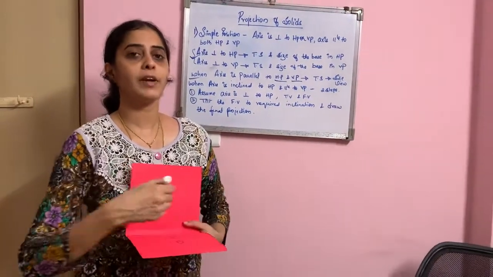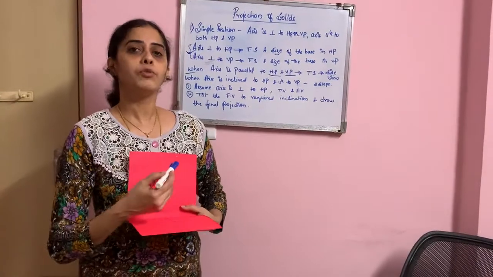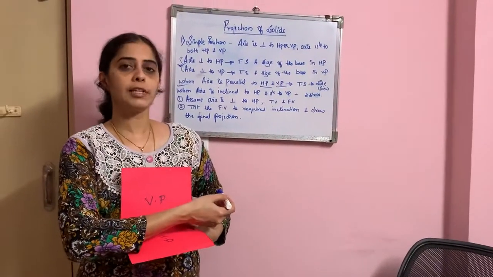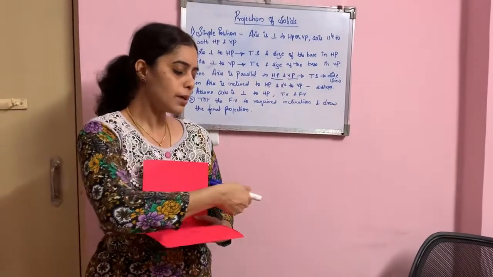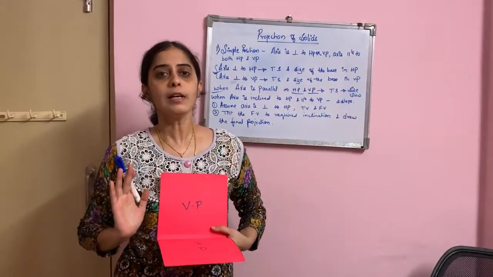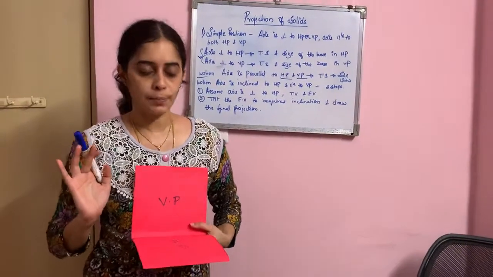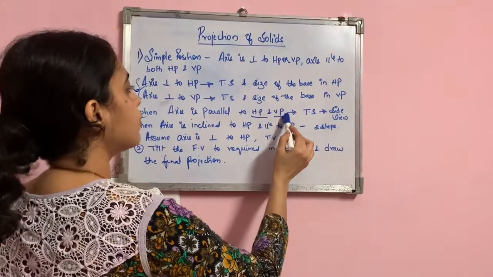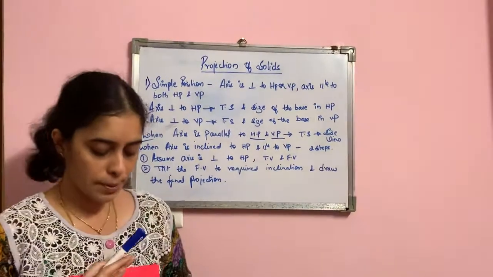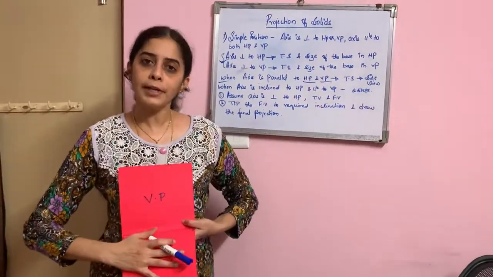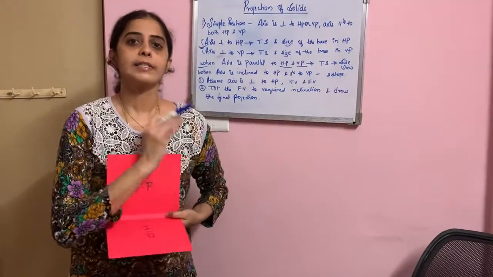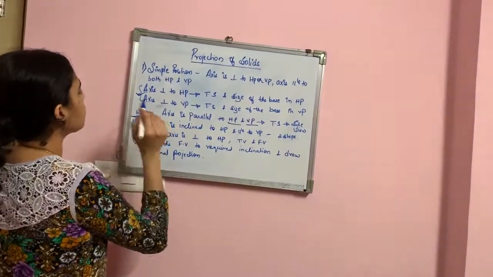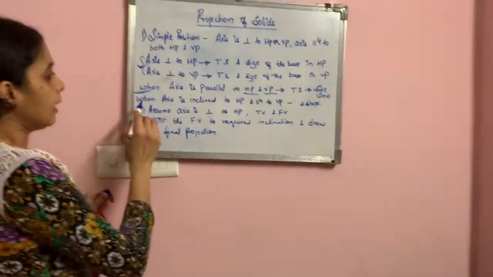How you take the 45-degree inclination and how you view: if you view from the right, you will show the side view in the left profile plane. If you view from the left, then you will show the side view in our right profile plane. So always, if the axis is parallel to the horizontal and vertical plane, you won't get the true shape either in our front view or in the top view. It is always in the side view. So this is the second position, how it could be.